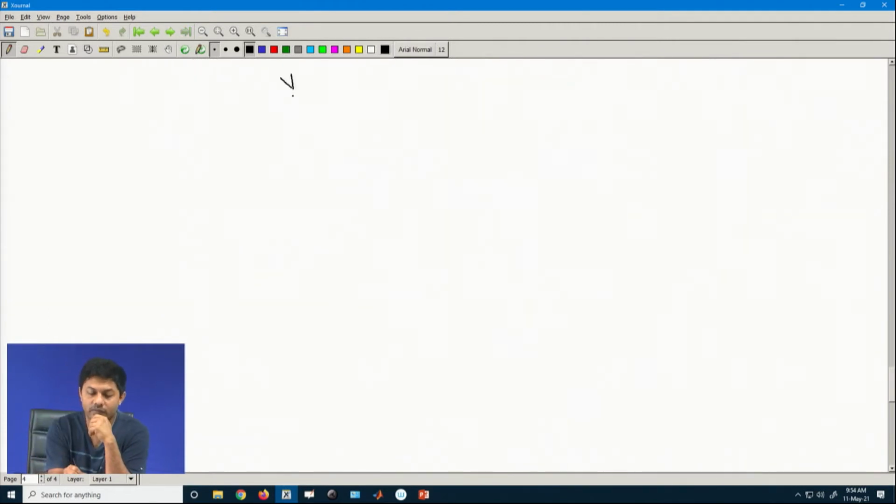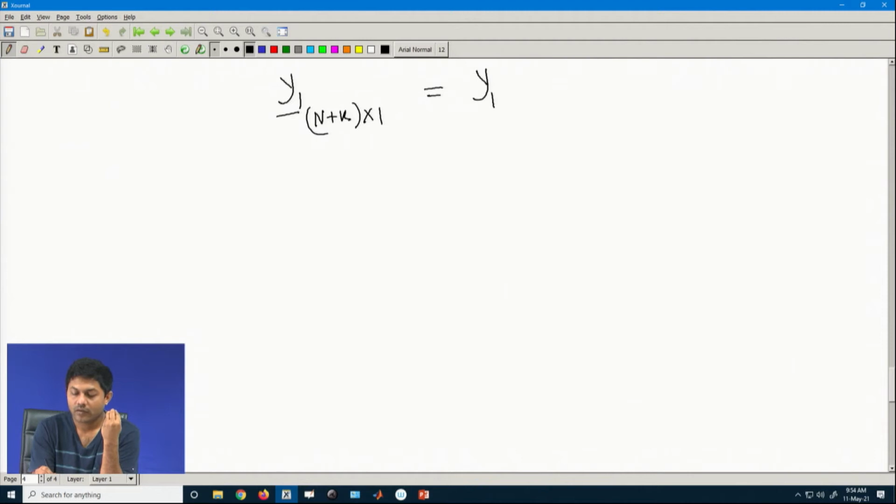I call it y1 bar, which is n plus k cross 1. It is the data which is due to the first antenna, and there is y11 and y12.